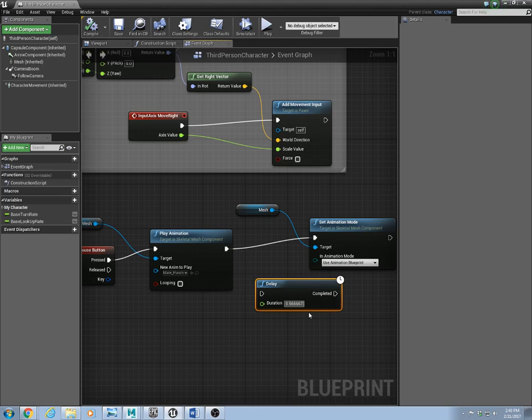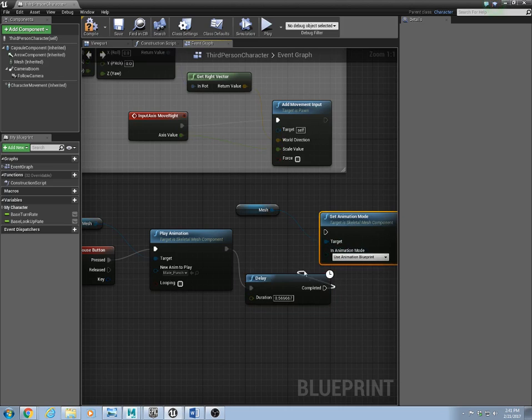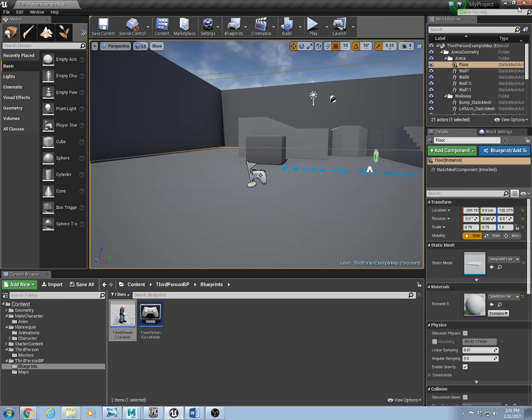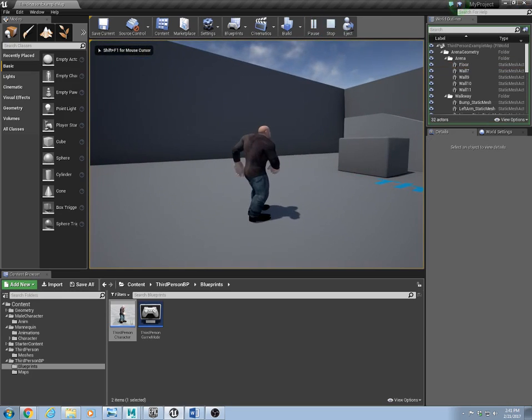0.566667. So what's going to happen is now, as soon as this animation is triggered, it's going to hold off for that amount of time before setting our animation mode back to the blueprint. Okay, so compile, save, and what you'll see now is that my character will punch, and then I'm able to